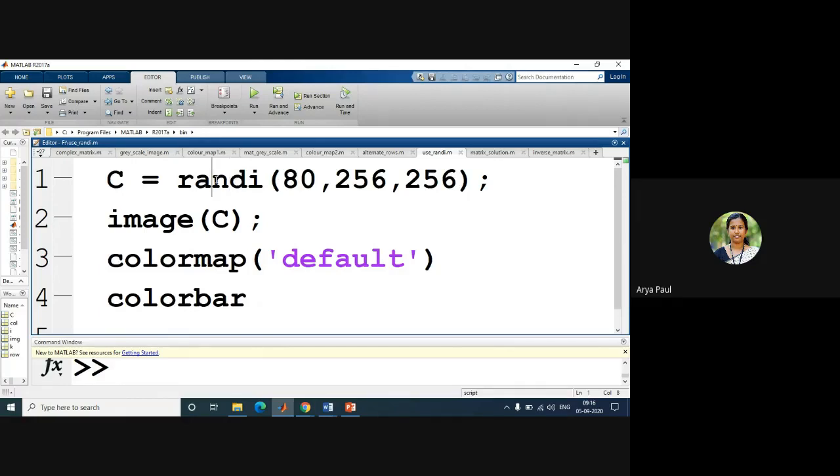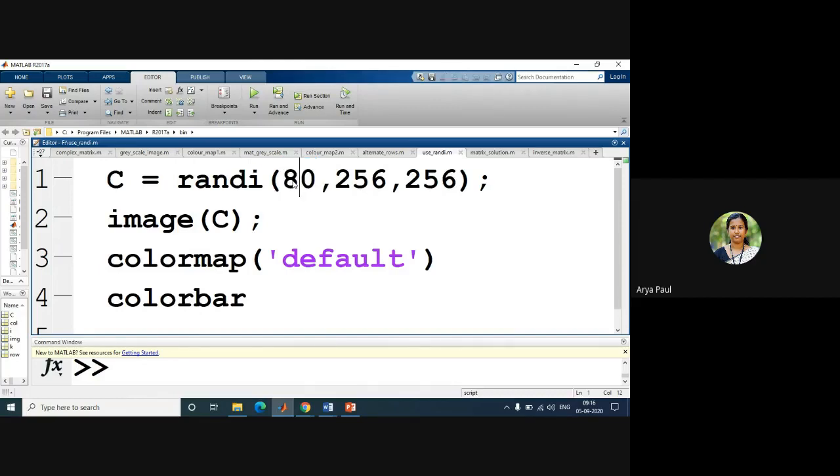So here randi of 80, 256, 256 means you are creating 256 rows and 256 columns having values 1 to 80. That means when executing this function, MATLAB creates random values, but the maximum random value will be 80.